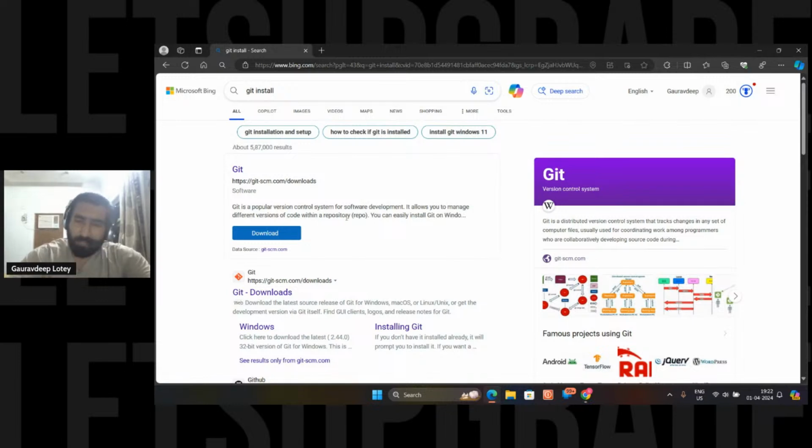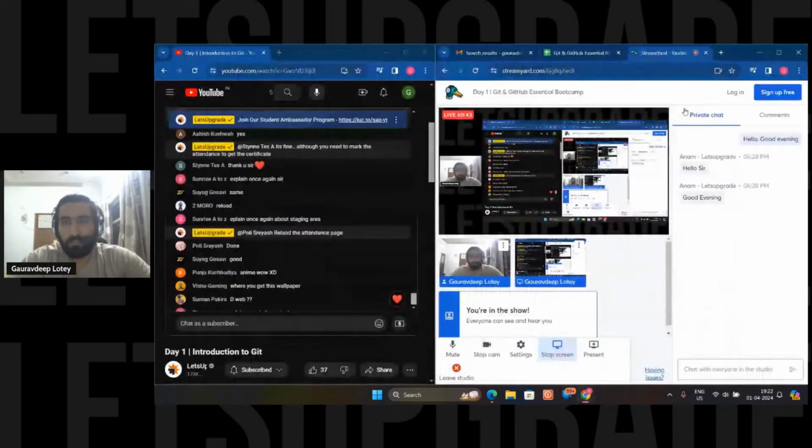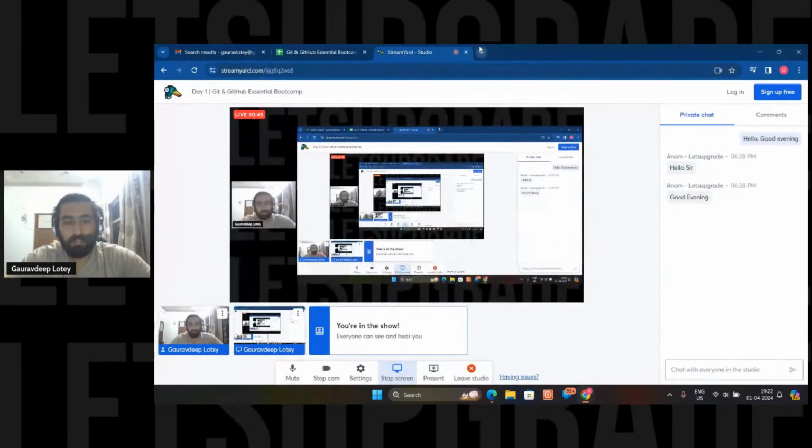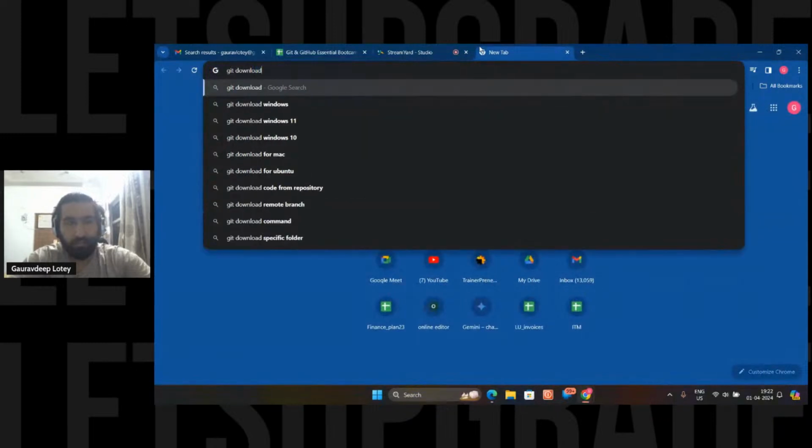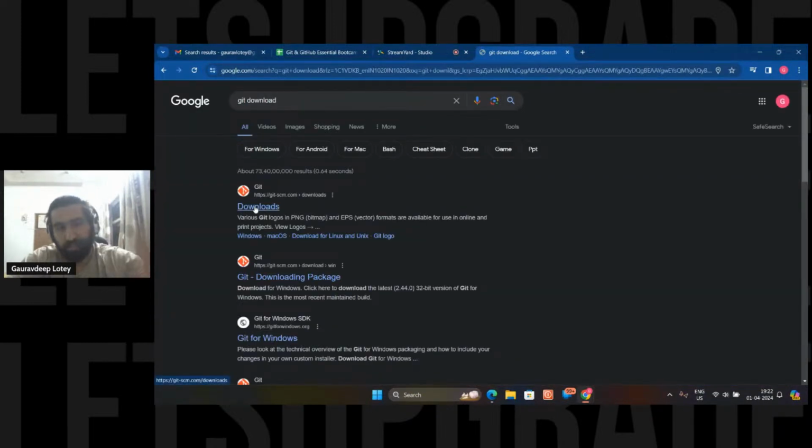Try to mimic this if you are currently following with me in the live tutorial. If you want to install Git, students, go to any browser. This is my Microsoft Edge. I'll just go to Google Chrome. Let me just quickly go over there. Let me search Git download. This is the page. Downloads, Git SCM downloads. I have two browsers. Whatever browser, wherever you are, you just have to reach this page,